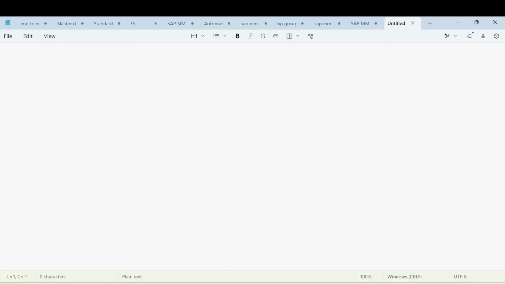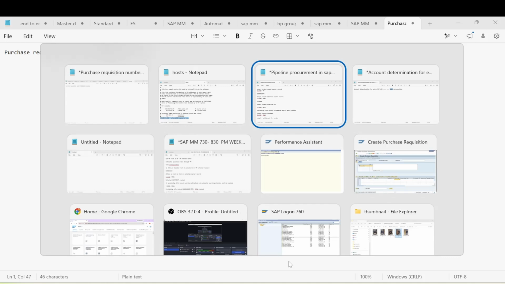So this is our purchase requisition number. We have already done that with the help of GUI. Let me do the same with the help of Fiori.